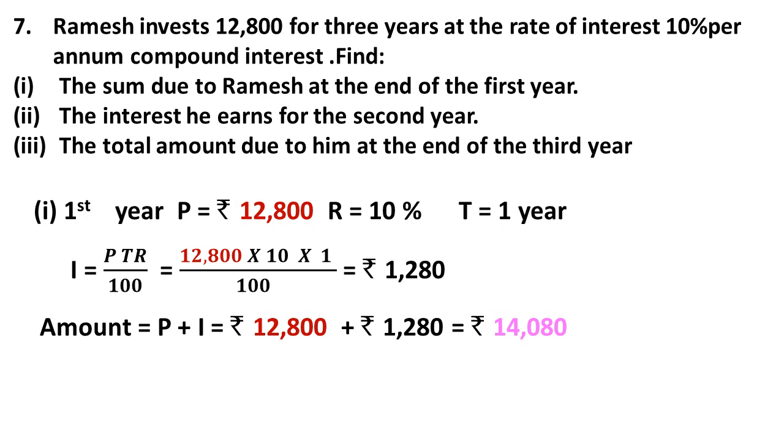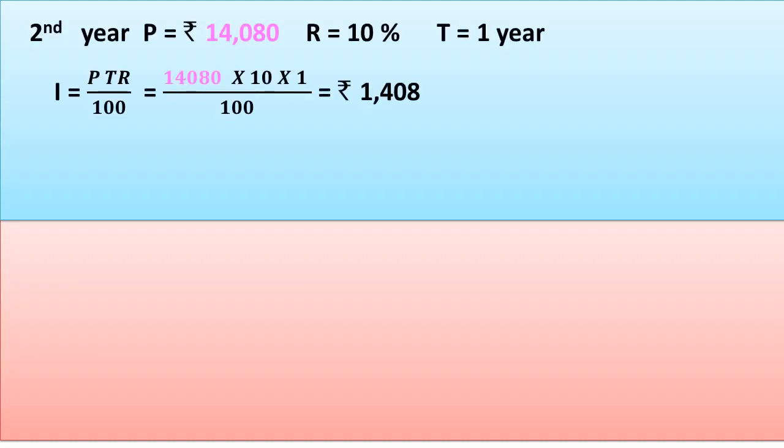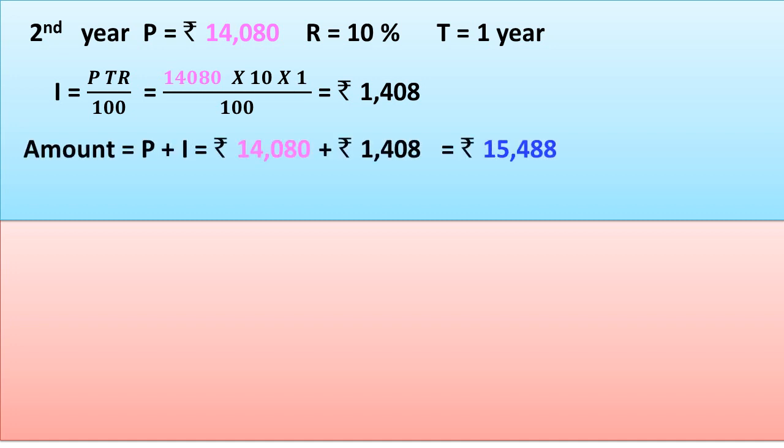So we need to find out the amount of interest he earns for the second year. Consider the amount at the end of the first year as the principal for the second year and calculate the interest. Interest is rupees 1,408 and the amount at the end of the second year is equal to rupees